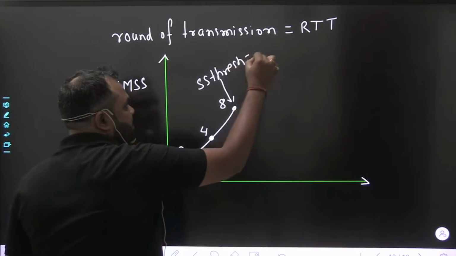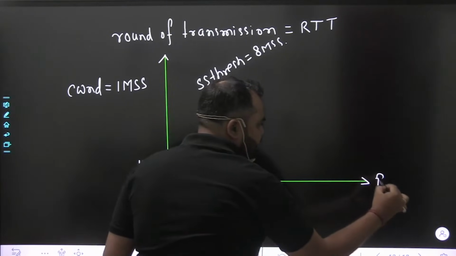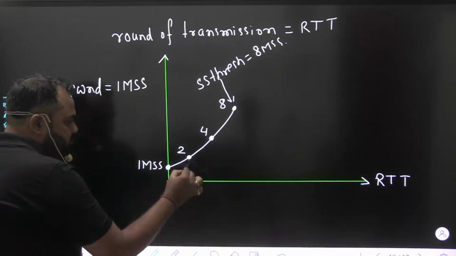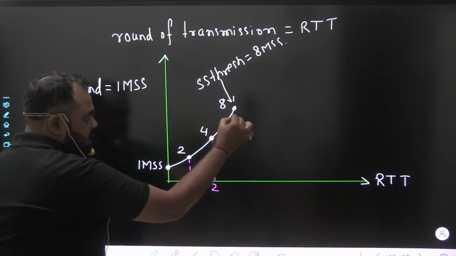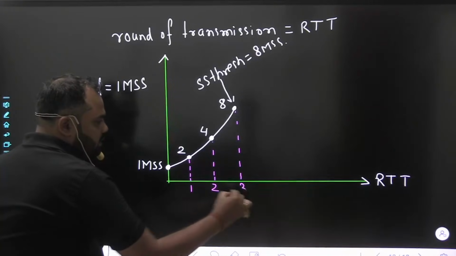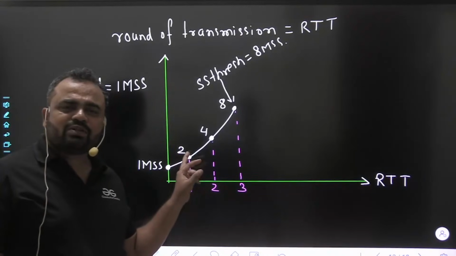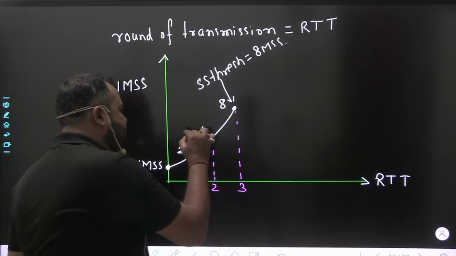थ्रेश, हमारा यहाँ पर क्या दिया हुआ है 8 MSS, ठीक है। ये हमारा RTT है, this is the RTT. तो समझना, this is happening in the first RTT, this is happening in the second RTT and this is happening in the third RTT, ठीक है, थर्ड RTT। तो फर्स्ट RTT में कंजेशन विंडो का साइज 2 हुआ है, उसके बाद 4 हुआ है, उसके बाद 8 हुआ है। हमें पता है ये स्लो स्टार्ट फेज है,